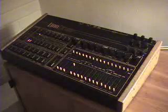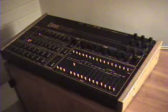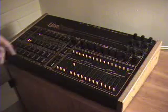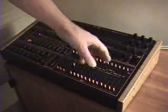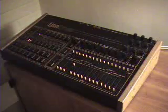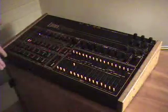Okay, this is the modified Linn LM-2. One of the complaints about the LM-2 from the LM-1 was that it didn't have tuning for all the voices. They did have tuning for things like the toms and the congas and the snare. The snare was tied to the side stick. They had a hi-hat decay, which was nice, but people complained they didn't have tuning control over all of the